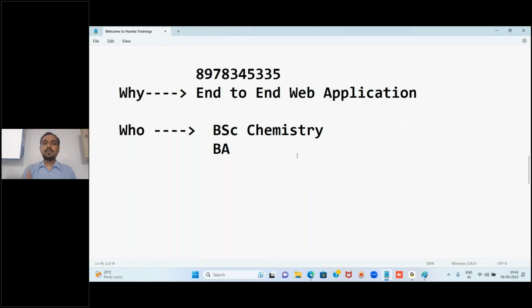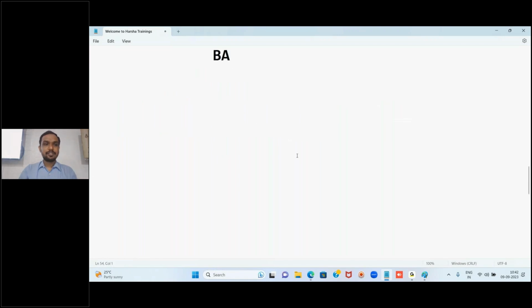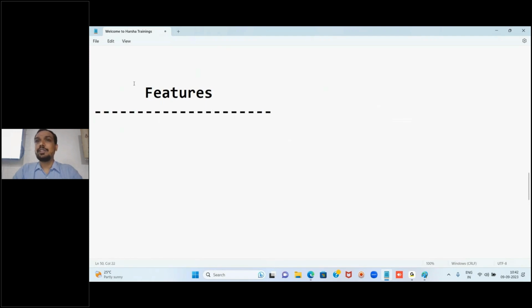So now, this is about what full stack is, already discussed, and why we have to develop a complete application, that's why we have to learn. Next is who is eligible for this course. The next thing is what are the features associated with our full stack course that we are providing here. Why do we have to learn it? The first and foremost important thing here is